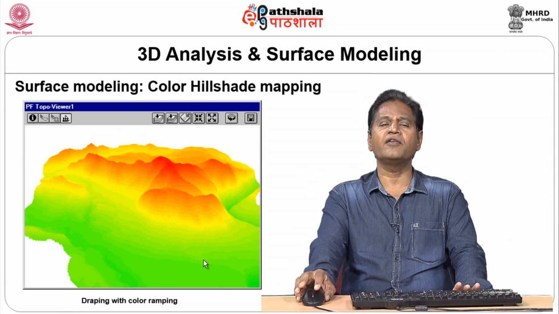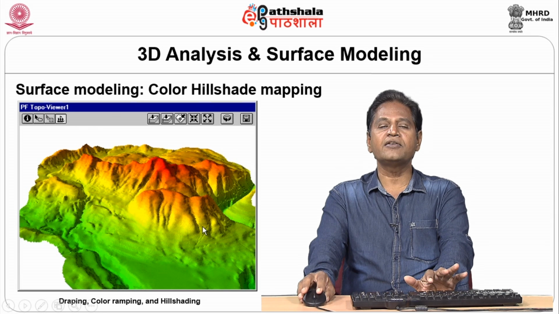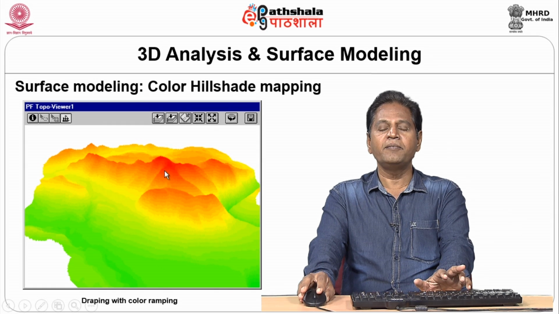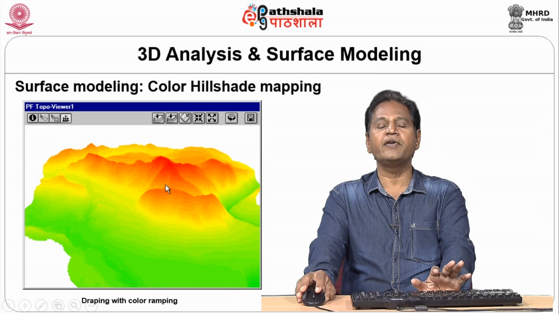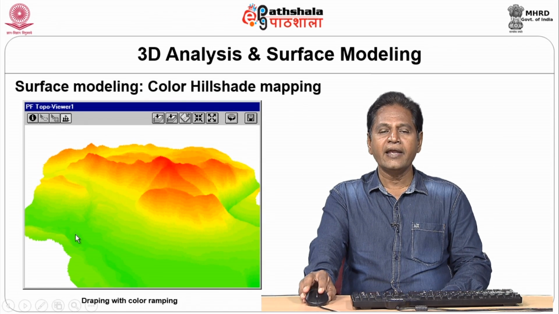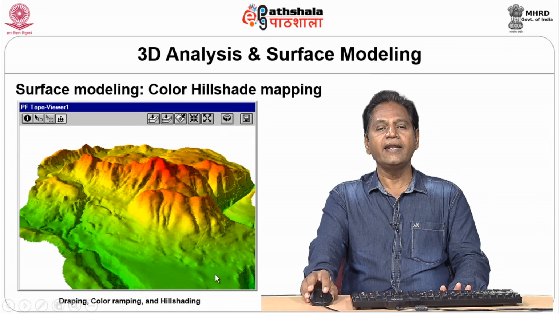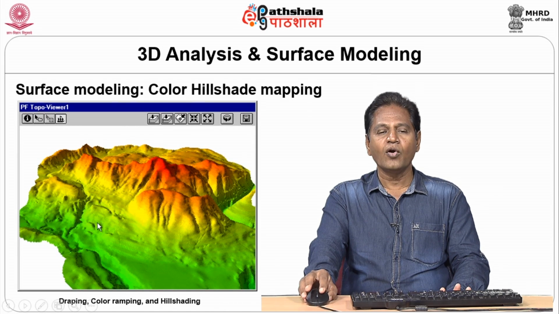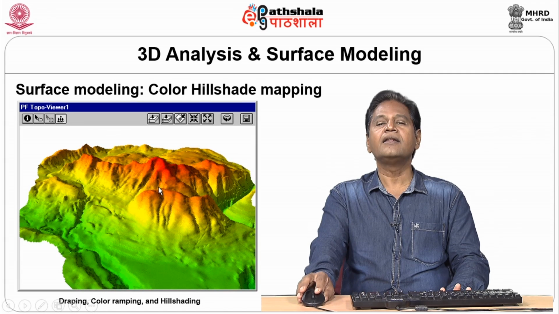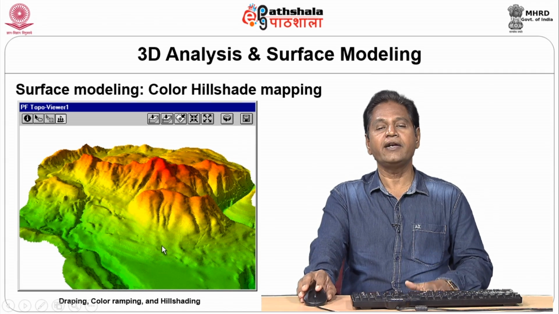It could be for any kind of analysis. You see here what it is showing, but when I shade this red color in a different manner, you see how it becomes. The same thing appeared as though the entire area was a simple slope, but you can see here how much variation there is for the same area, a lot of variation. See the impact of your hill shading over a terrain.